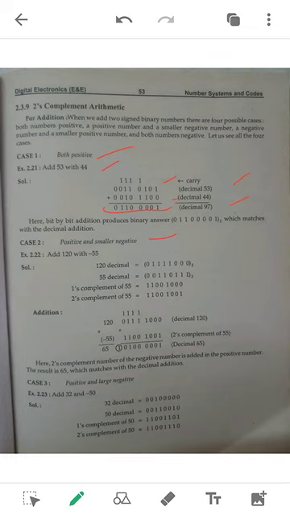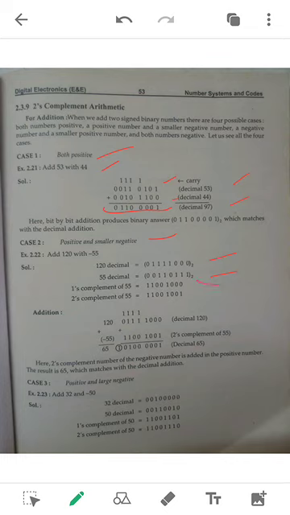To represent a negative number, what do we have to do? We have to convert it into the 2's complement. Please remember one point: all the negative numbers have to be converted into 2's complement. I already told how to convert into 2's complement. Here you can see 120 is a positive number, and 55 is the next number, which is a smaller negative number. So you have to convert this 55 into the 1's complement.